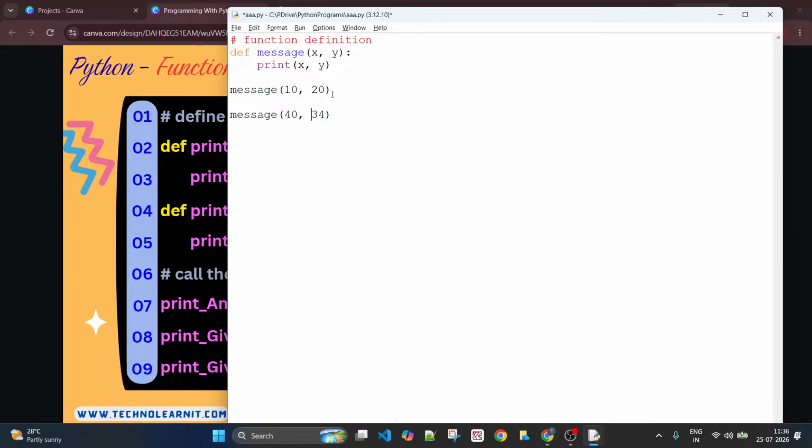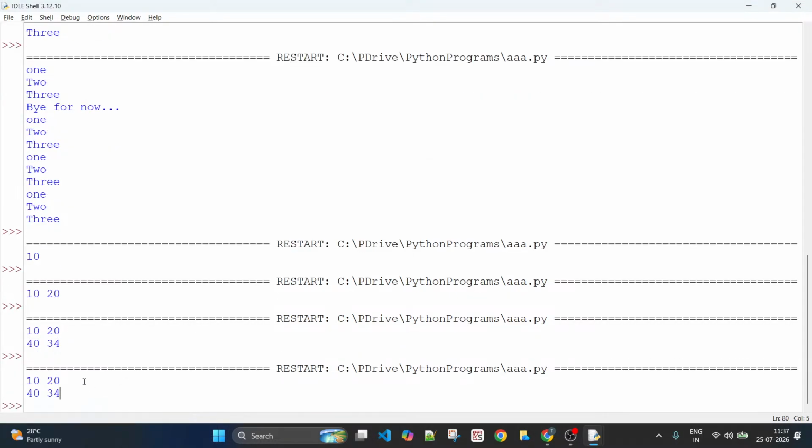The first argument is copied into the first parameter. 34 being the second argument will be copied into the second parameter. So it comes to the body and by the time it comes here, x has a value 40 and y has a value 34. So it just prints 40 and 34, right? That is what happened in fact last time. Let me run this, you'll come to know. You see 10 and 20 and 40 and 34.